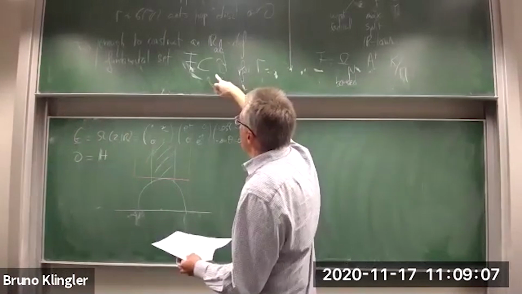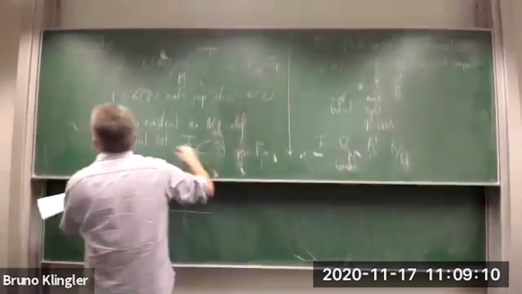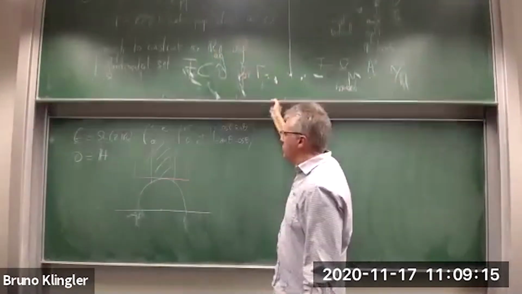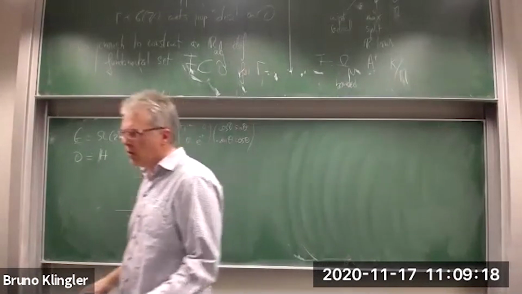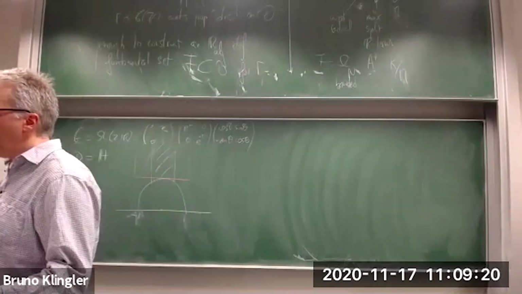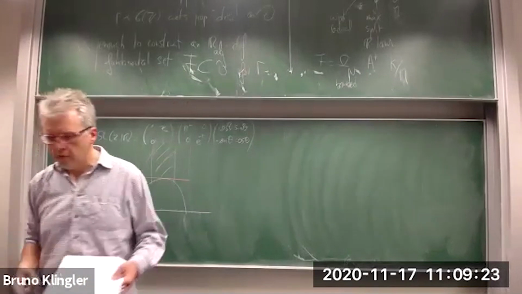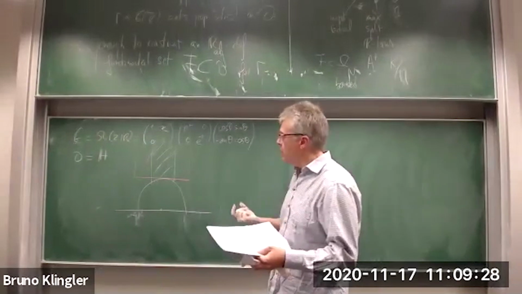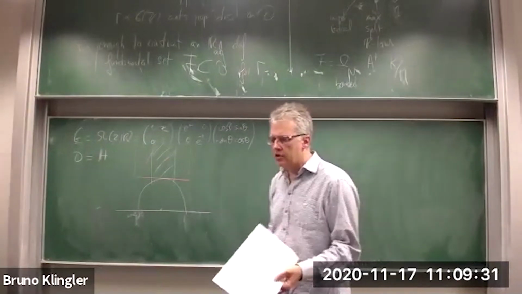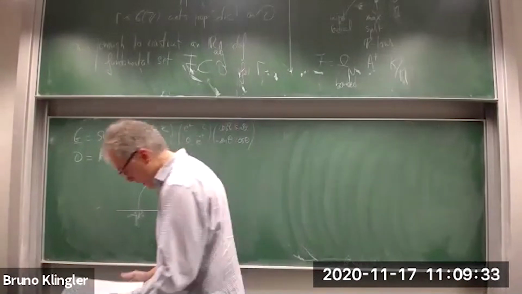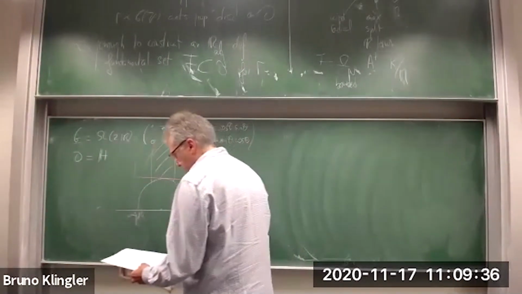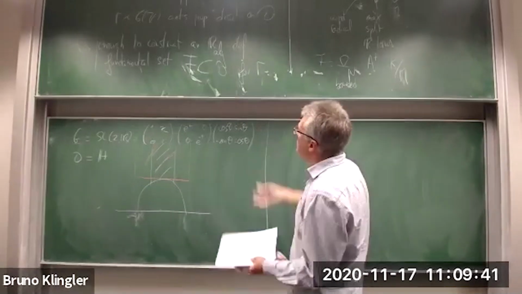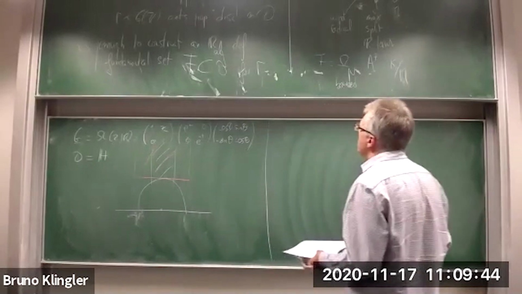What is not completely easy, so this is the proof of the existence of this Hodge structure, what is not completely easy is to prove that this is functorial. So what you have to prove is that if you have G prime inside G coming from a morphism of Hodge structures, then in fact you map one Ziegler set for G prime inside finitely many Ziegler sets for G, and this is not completely trivial. This was proven recently by Martin Orr.